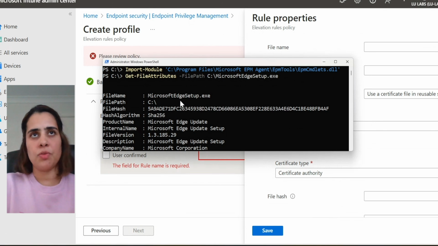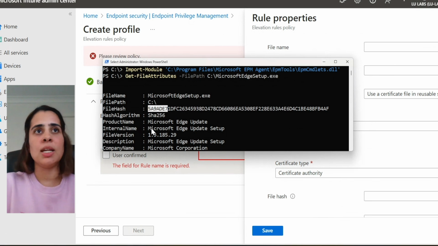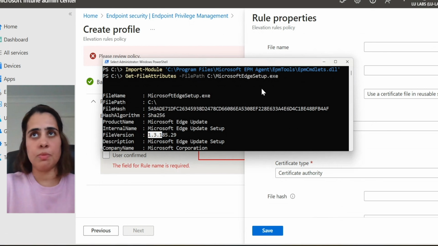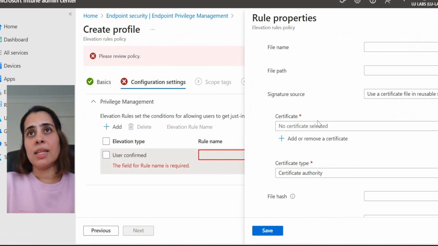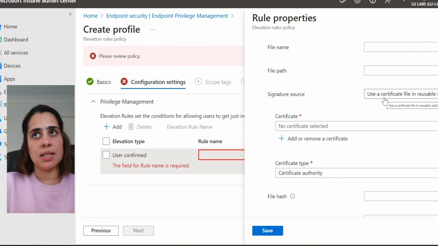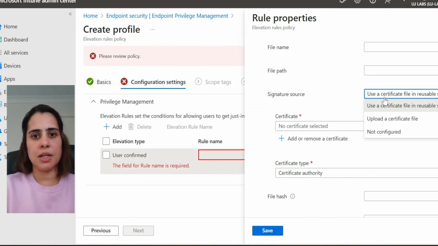So I did that for one of the applications for which I have created the rule already. It is providing me the file hash, the version, the description, the name, so I could just use that and put it. My job becomes very simple. So these are the tools available, so we are providing you with the means to capture these detection properties as well. Now one thing that you have is you could use the signature source, which is the certificate of that